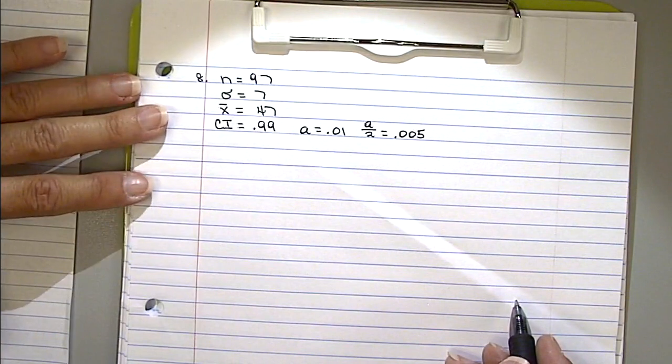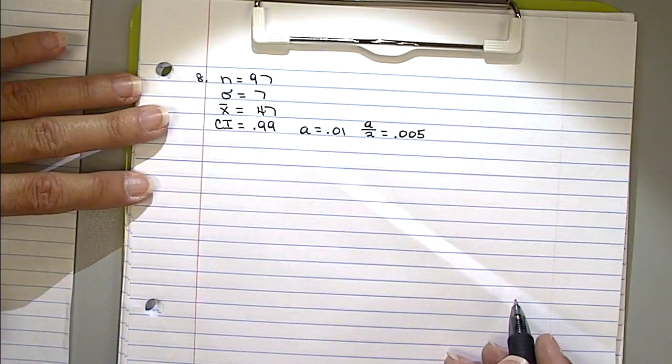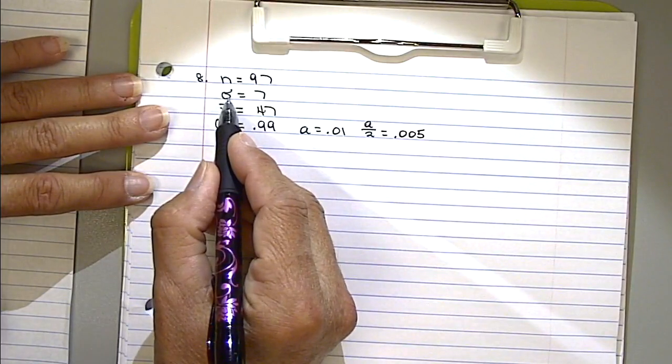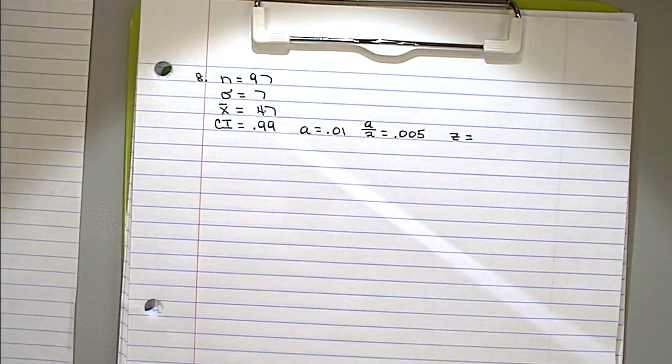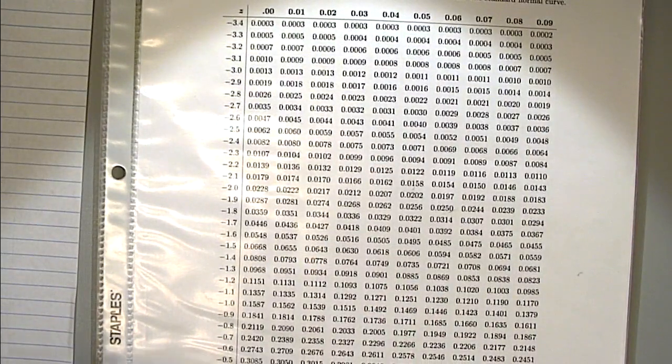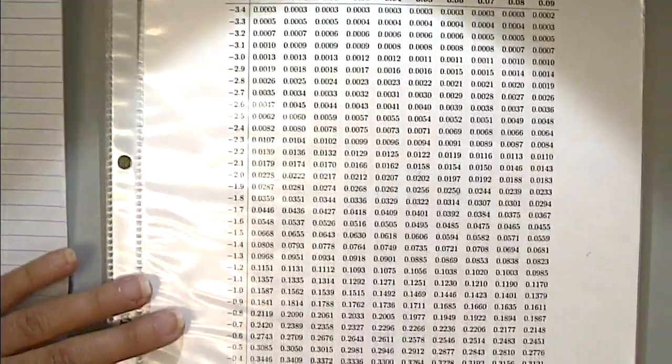Do I look it up on the Z table or the T table is my next question. Well, look, standard deviation of the population is given to me. I've got a Z-score. So I go to my Z table. I'll get everything organized in a minute. And on this test, you never have to use the positive side of the Z table, okay? You're always going to be looking things up in the tail. And if we're always looking things up in the tails, we're going to use the small side, which is the left side, which is the negative side. So I go over here and I go